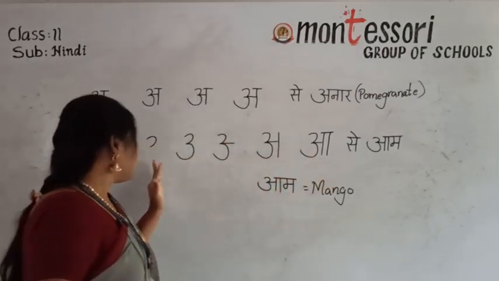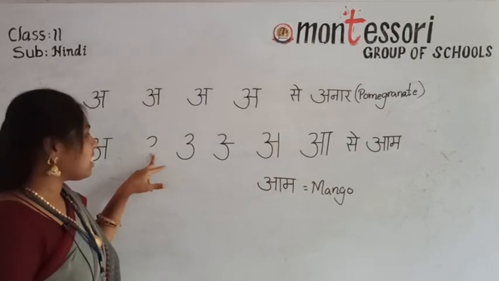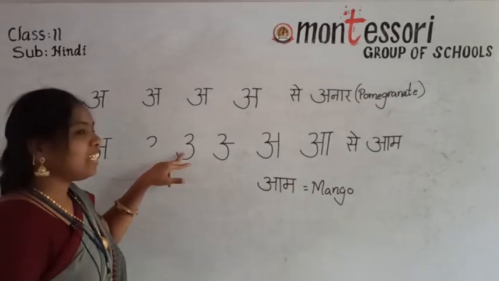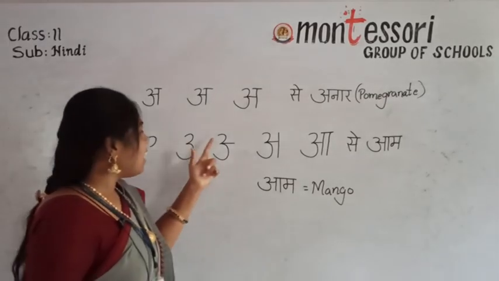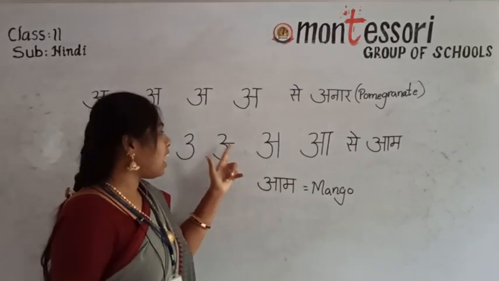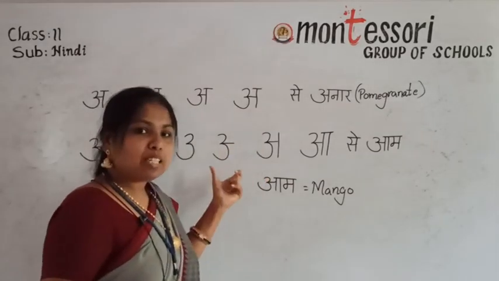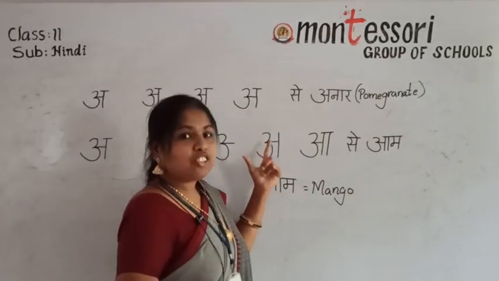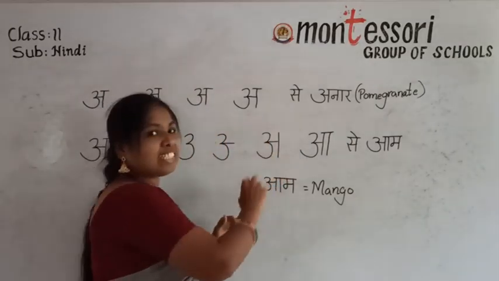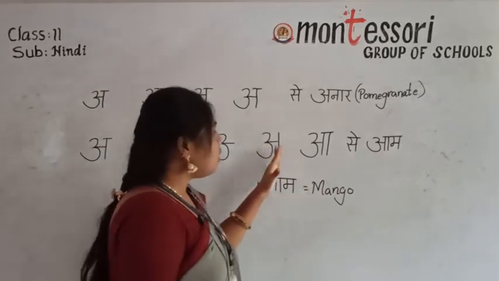Here is the aam. How many steps are shown here? See, one small semicircle. Second step, you have to write one small and another big semicircle. Then afterwards, you can write that 3 and give a small hyphen in the middle of that semicircle. Afterwards, what you have to do? You have to write like a. See, here we wrote one standing line. We joined only one standing line here. We did not give the header.